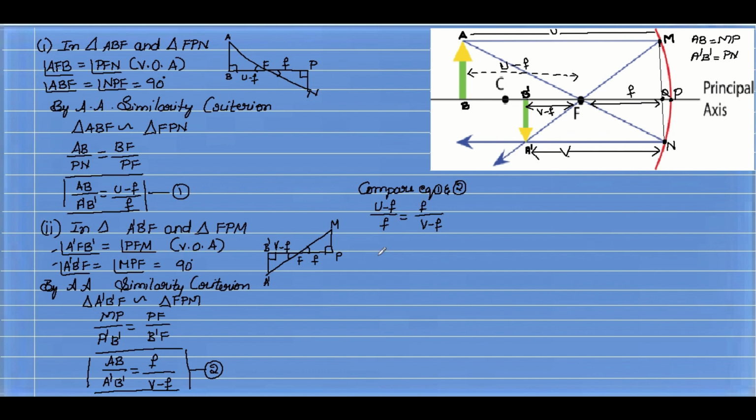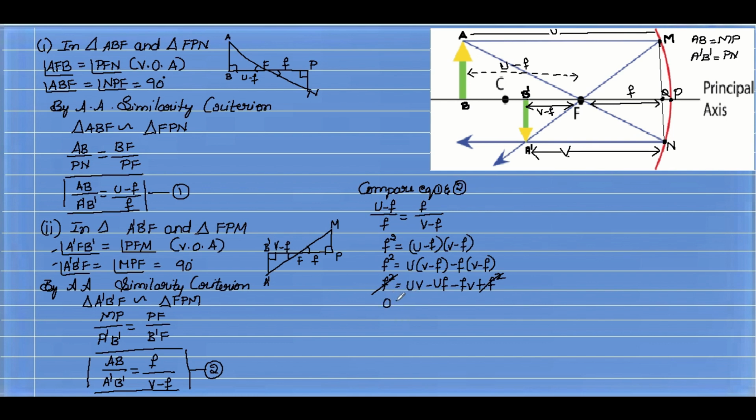Then what we have to do? We need to cross multiply it. So F into F is F square, which is equal to (U minus F) into (V minus F). Fine. So F square is equal to U into (V minus F) minus F into (V minus F). Okay, so F square is equal to UV minus UF minus FV, minus into minus plus F square. Here, this plus F square and this plus F square cancel each other. Why? Because if I shift this plus F square, this side will become minus F square. Plus and minus are unlike signs, so always subtract each other.